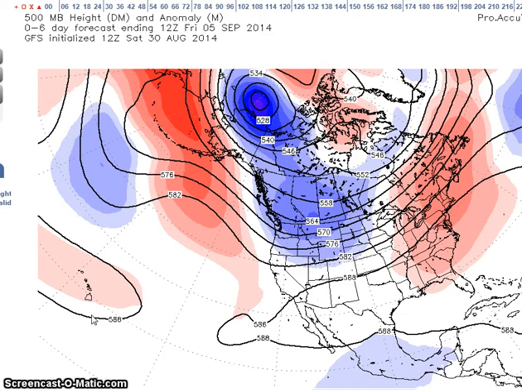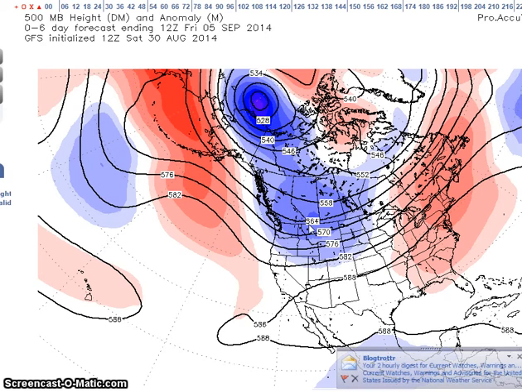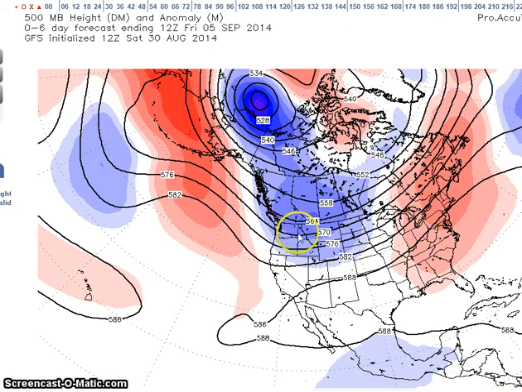We're going to look now at the period for September 5th to the 9th. This is a GFS, and all the models are showing an expansive area of above normal heights from Russia extending to off the west coast. We have an upper low north of Canada with a trough into the northern Rockies. And we have above normal heights across eastern North America, and it's generally a flat flow.